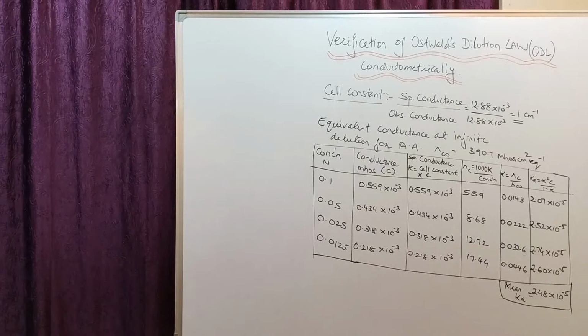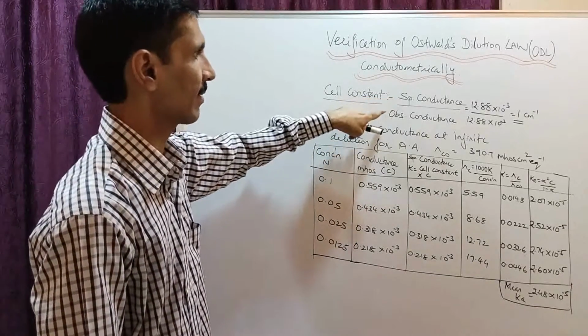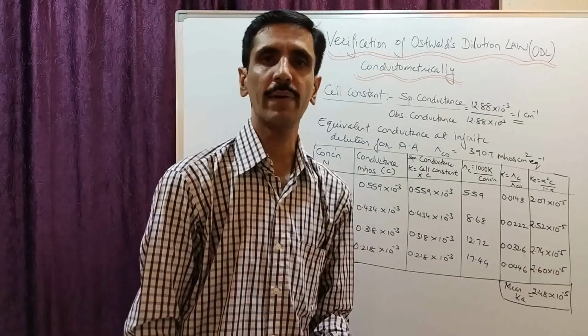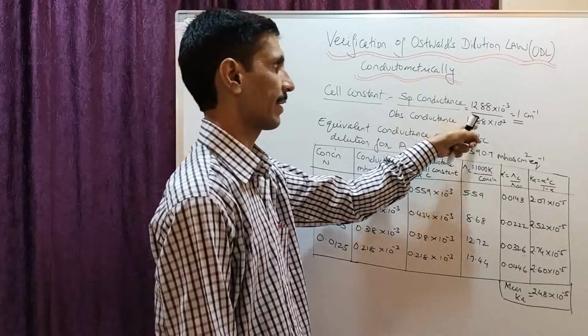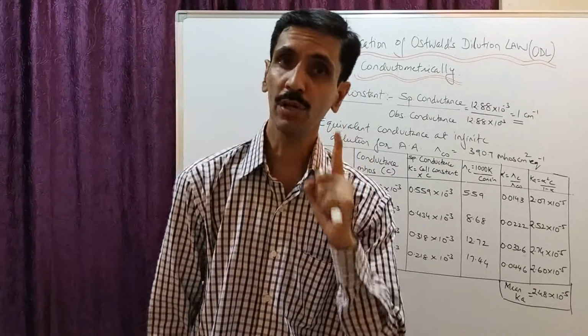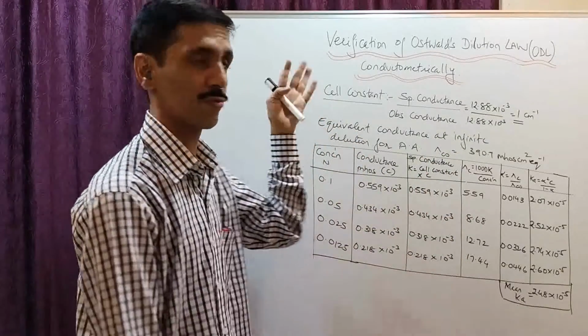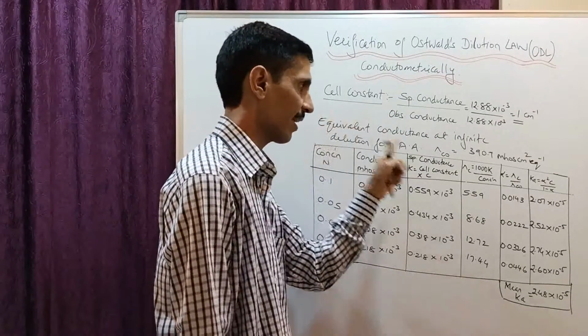Okay, my dear friends, now we go into the last part, and that is about the calculations. You can see here we start with cell constant. That was the first part of the procedure. Specific conductance upon observed conductance. From the literature value, it is 12.88 into 10 raised to minus 3. When we observe the conductance of KCl, it was also 12.88, and therefore the answer is 1. So cell constant value is 1. And I told you, if the cell constant value is provided, use that value, no need to do this calculation. Okay? Next is equivalent conductance at infinite dilution for acetic acid